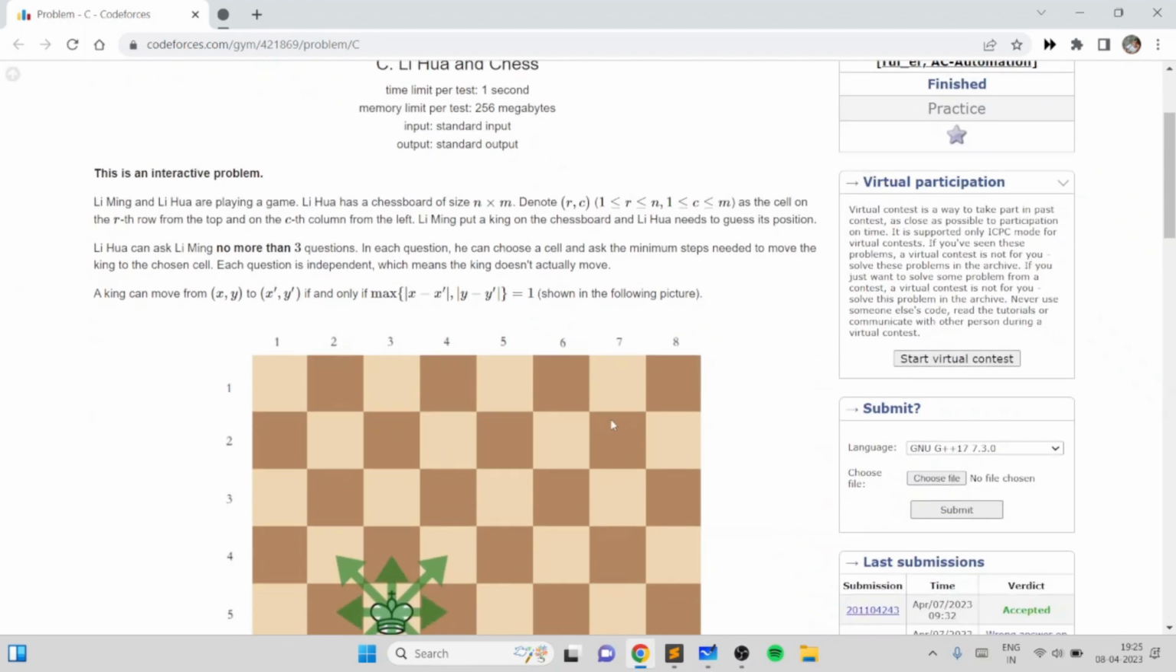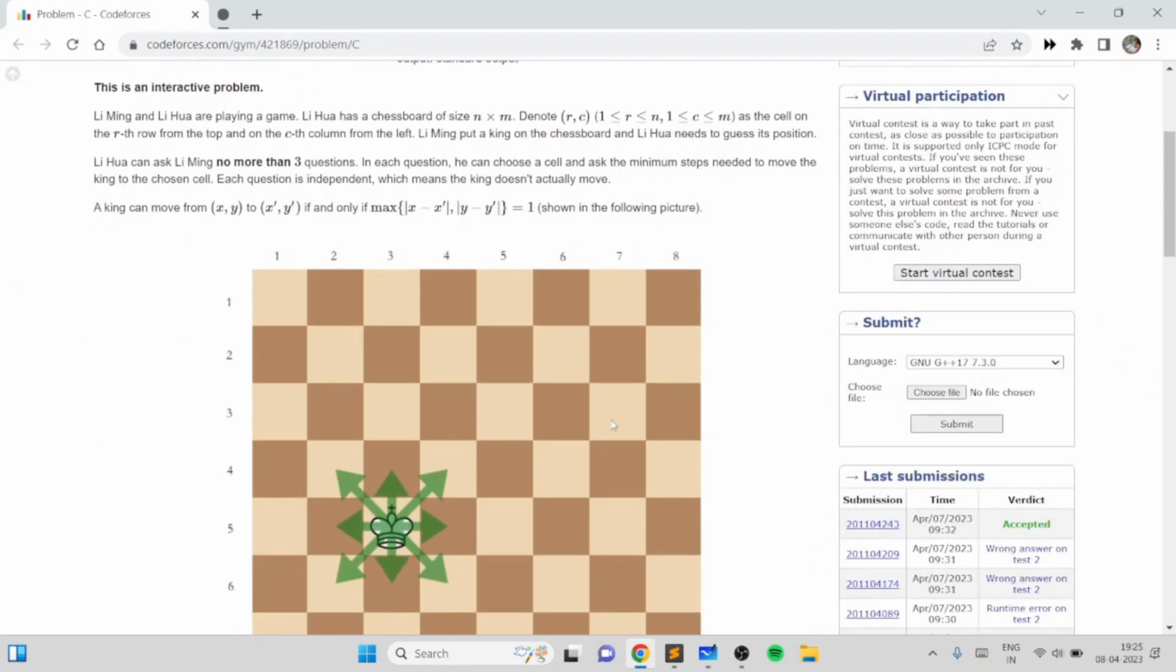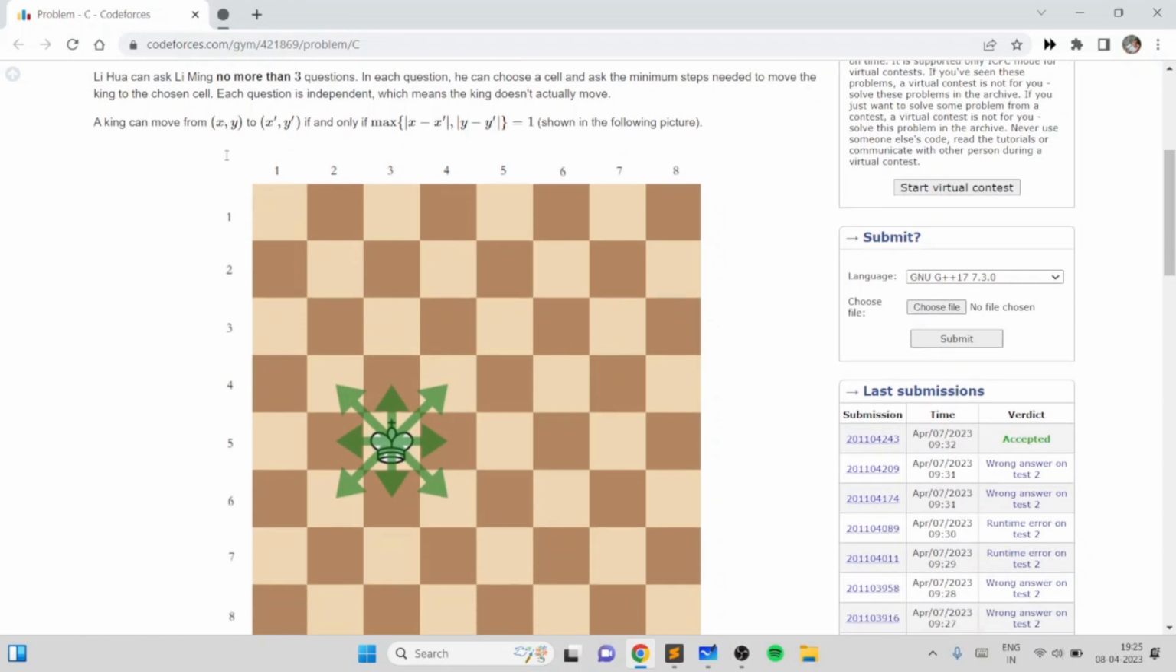So in this problem, we are basically given two people playing a game on an n by m chessboard. We are given that the location of a piece on the chessboard is defined by its coordinates r and c, where r is the row number and c is the column number. We want to find this value of r and c for the king of the chessboard, and we can ask at most 3 queries. So the player can ask the second player, what is the distance